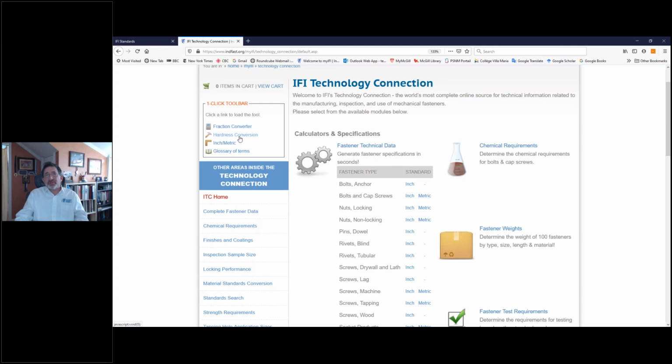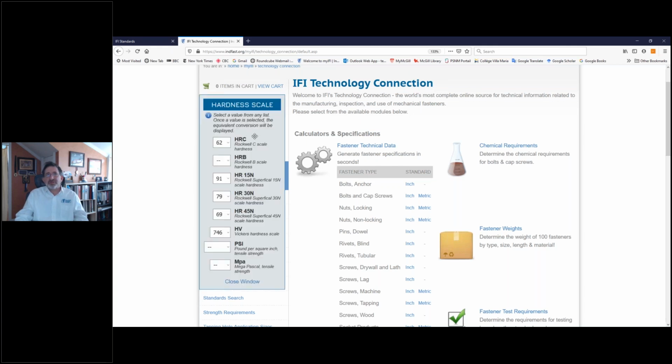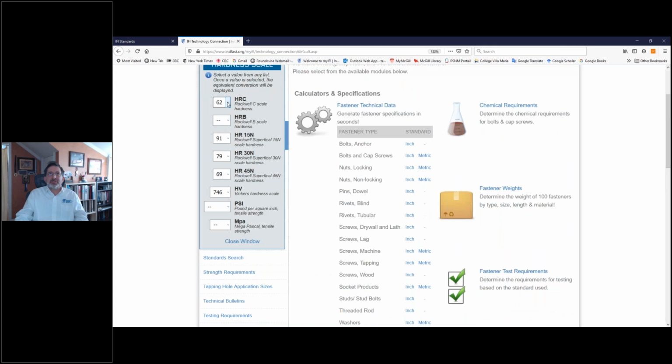There's also a very useful tool that's a hardness conversion tool. Over here, you specify any one of these values on any one of these scales, whether it's a hardness value or a tensile strength value, both in pounds per square inch or in megapascals, and it will give you the equivalent. So if I want to know, let's say, what is